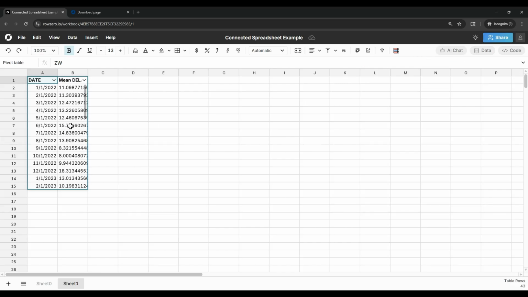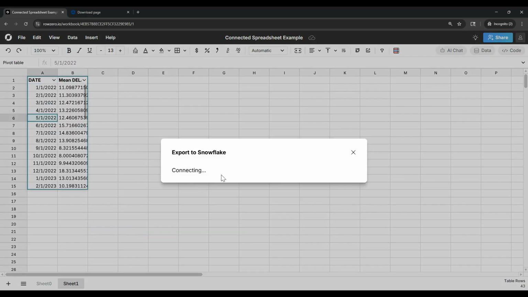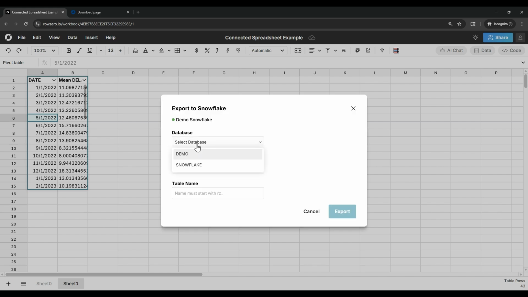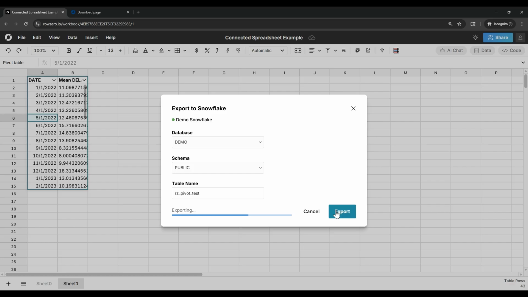And to write back a pivot table or a connected table, all you do is just right click and go to export to. Again, select your source, select your database and schema. I'll just call this RZ underscore pivot test and click export,